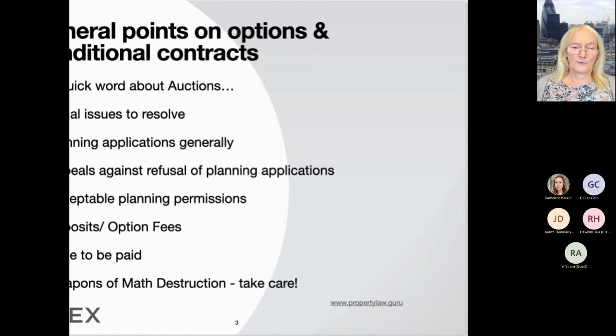So always use a formula is my strong recommendation. Always get someone who's done some maths to check it. Get the surveyors to check it. Run some examples through. Have some worked examples in the document, because if there is a worked example in the document that you're both happy with, but the actual formula doesn't give that answer, then any judge trying to interpret the document will be guided to see what you meant by looking at the agreed worked example. So there's less likely to be scope for argument and dispute.